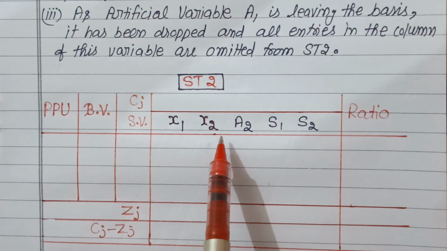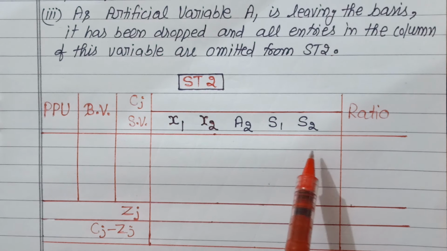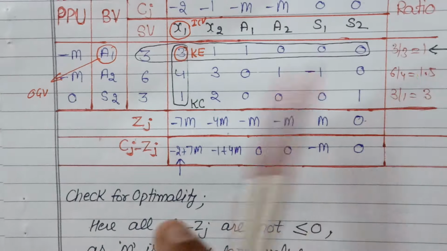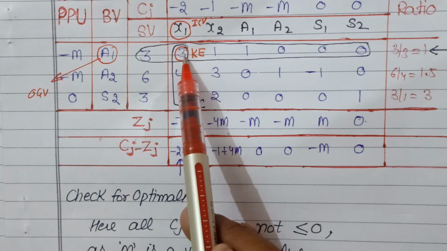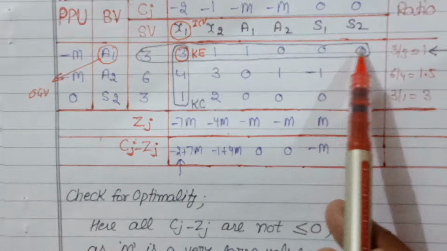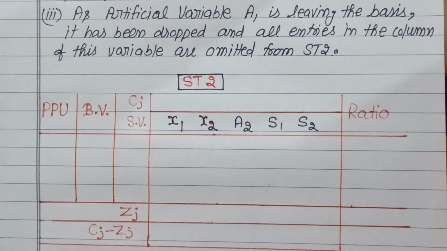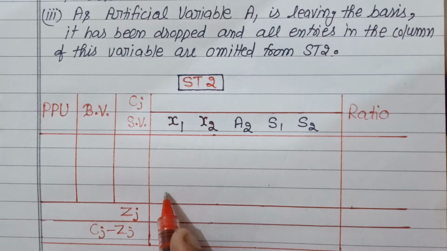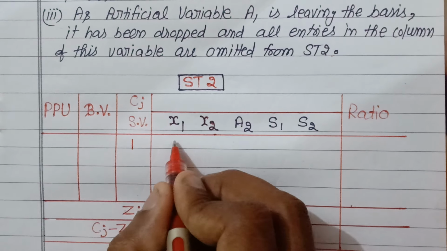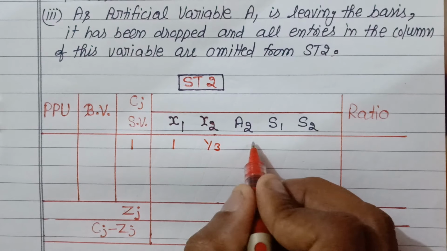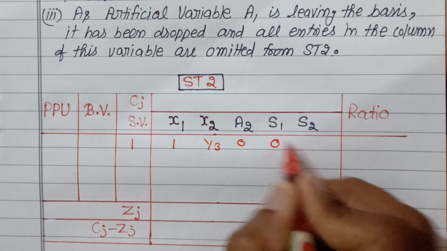Okay, so now let us perform the first row operation, that is, let us make the key element 3 a unity. If we want to make this key element unity, we have to divide all these elements of this key row by this element. So let us divide all these elements by 3. Now after dividing all these elements by 3, we will have the values 1, 1, 1 by 3, then 0, then 0 and 0.